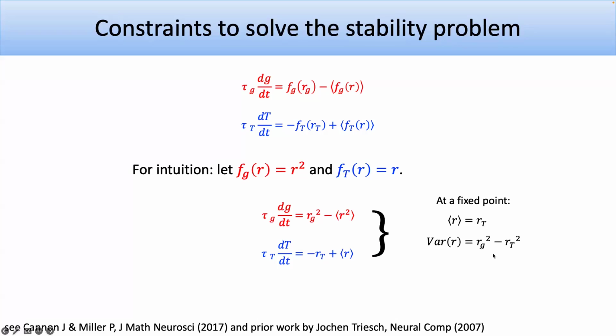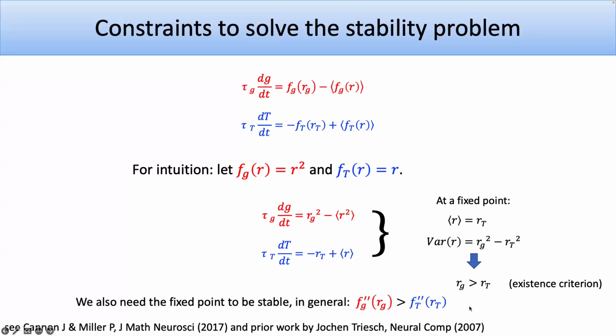You've also got another constraint: variances can only be positive. If I'm trying to make the mean square less than the square of the mean, I'm going to be in trouble. So in this case, you've got an existence criterion, essentially. Variances can only be positive. And there also ends up being a stability criterion, which we'll look at later. You can get at it from the Jacobian of the matrix.